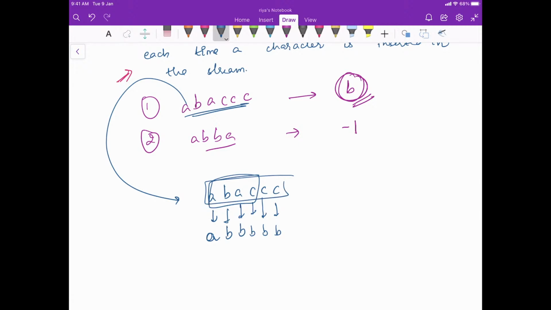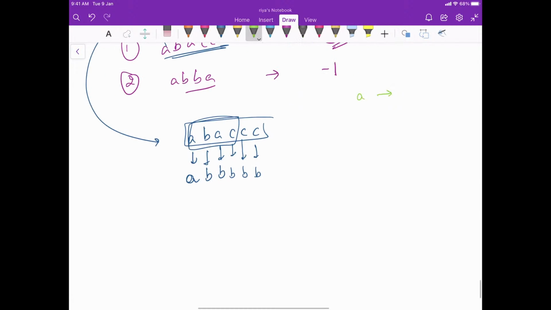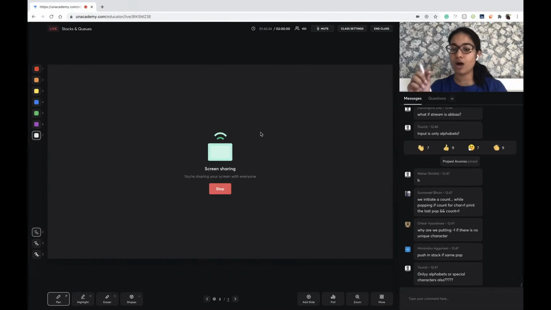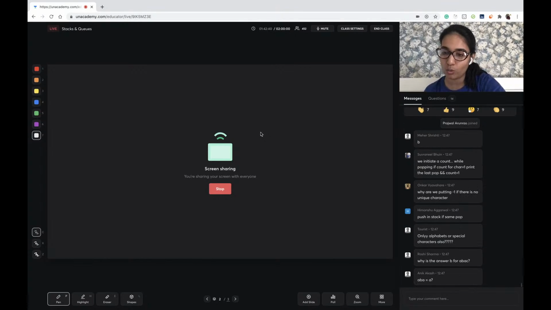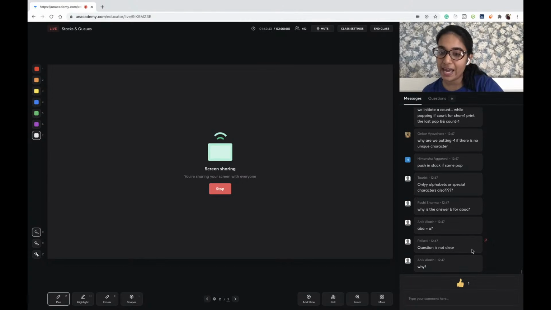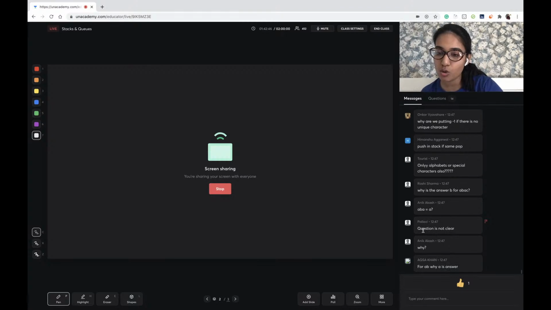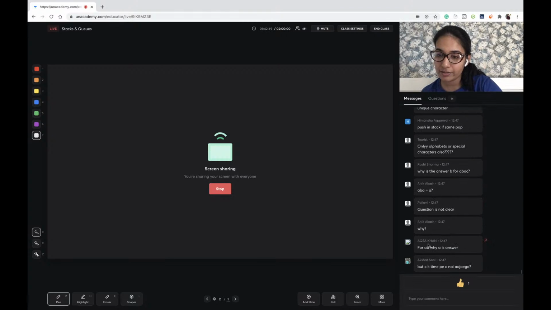Whenever a new character is introduced आपकी string बदल जाती है. तो पहले आपके पास सिर्फ A था तो आंसर A था, फिर आपके पास A B हो गया तो आंसर फिर भी A रहा, फिर आपके पास A B A हो गया तो अब आंसर हो गया B. अब आपके पास A B A C हो गया, still the answer is B. A B A C C, the answer is again B. A B A C C C, the answer is again B. तो आपको हर कैरेक्टर के कॉरेस्पॉन्डिंग you have to print the output. Only alphabets. You just have to assume that there are only alphabets. For A B A, the answer is going to be B only, correct?